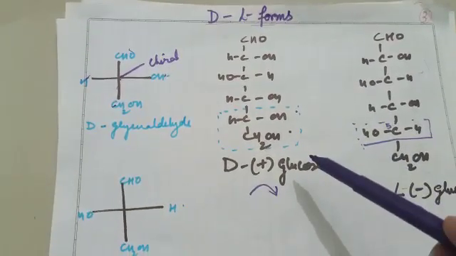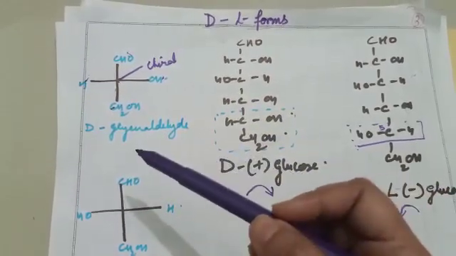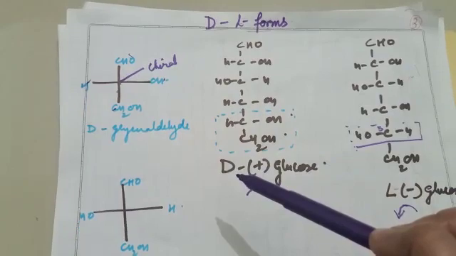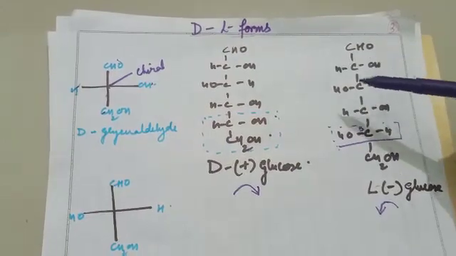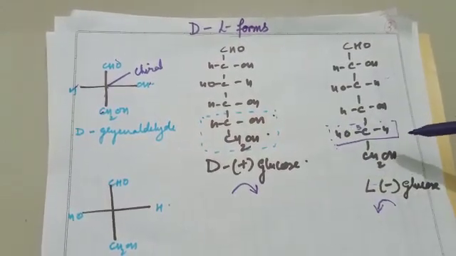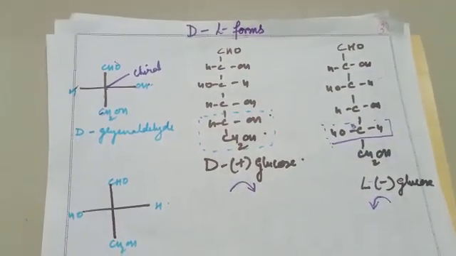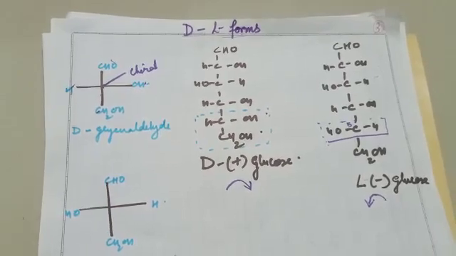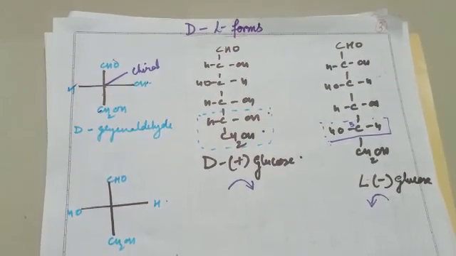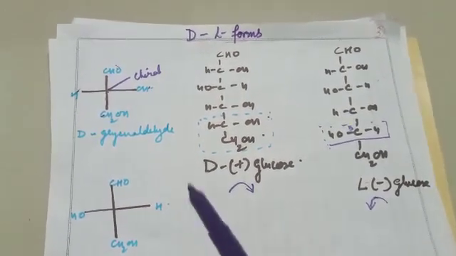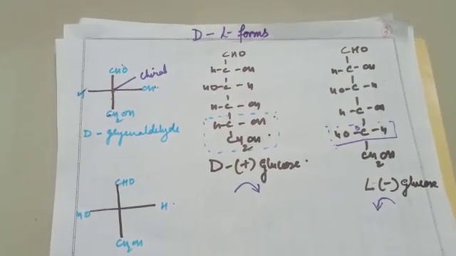If the carbon has OH on the left hand side, it is said to be L-glyceraldehyde. And in this open structure, see carbon 5 and 6 downwards, it resembles D. That's why D-glucose. And positive tells you the clockwise rotation of optical activity. And this is your L. Once again check out the 5th and 6th carbon. It resembles L, where the 5th carbon has OH on the left hand side, so it is called L form. And minus tells you about levo rotation, that is anti-clockwise rotation. So this is your D and L form of glucose, which is related to D and L glyceraldehyde.